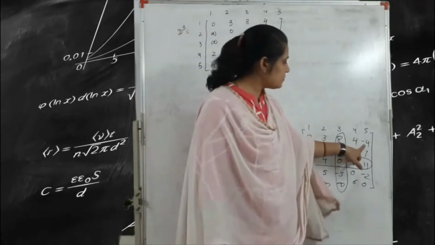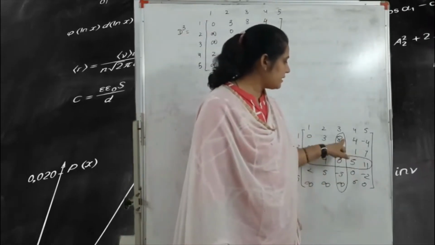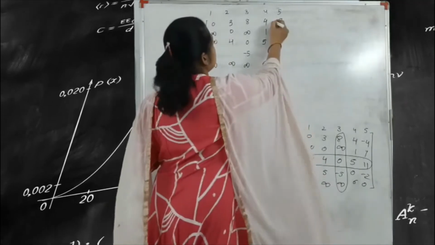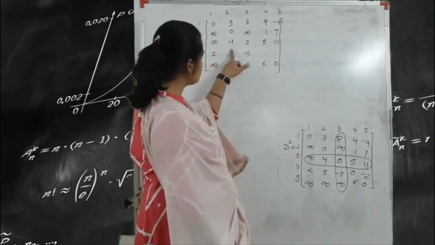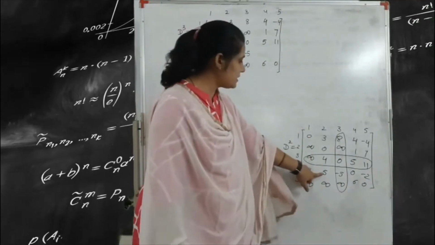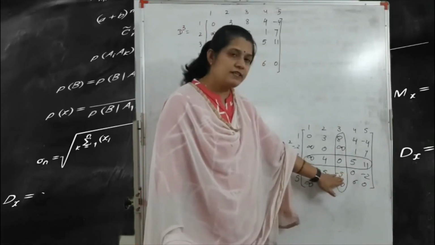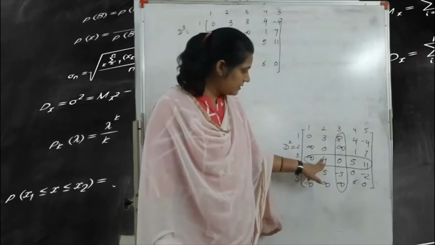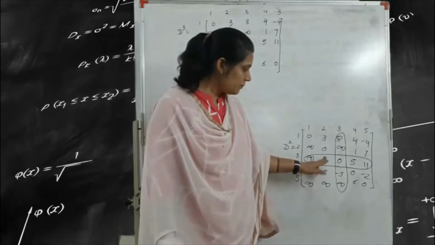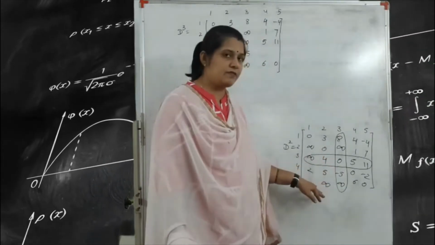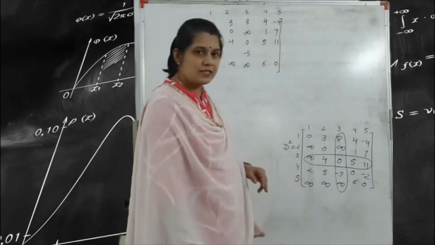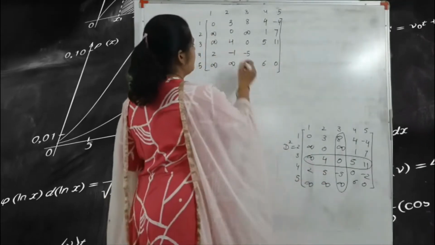Minus 4, that means 8 and 11, 19. So we write here minus 4 as it is. Next term is this place, that means this 5. According to this 5, the highlighted value here is minus 5 and here the highlighted value is 4. So 4 plus minus 5 is minus 1. So minus 1 is less than 5. So we write here minus 1.